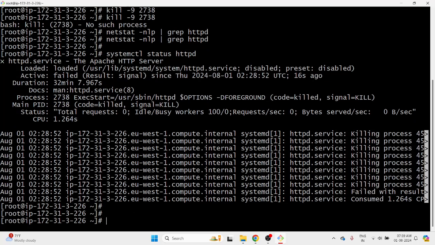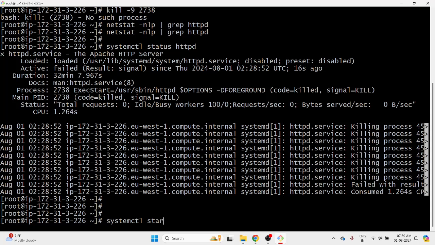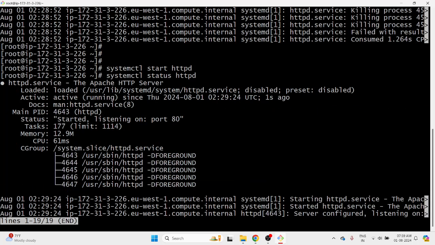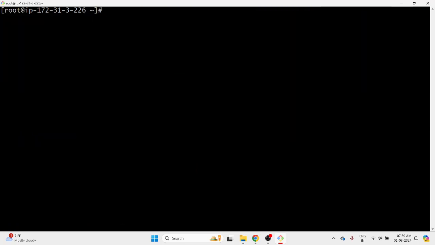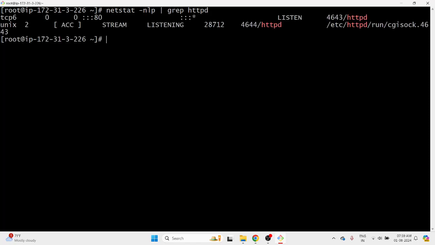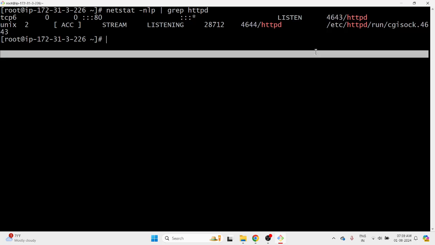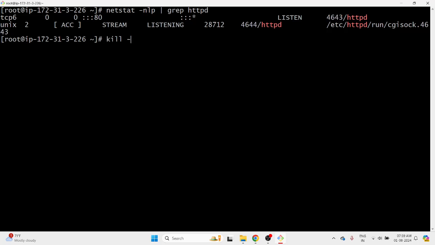Now we can start it. systemctl start httpd. Currently it's running now. So that is the difference. Immediately it stopped. Now let's do terminate, kill -15. What is the PID? We have to get the PID. The PID will have changed because we restarted it. It stopped and we restarted, so the PID will obviously change. kill -15